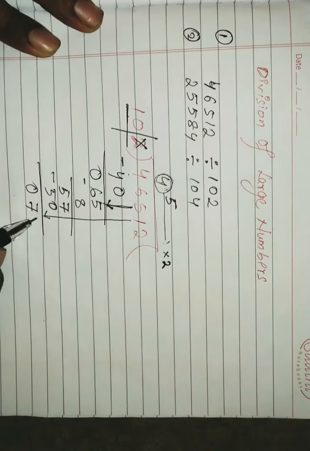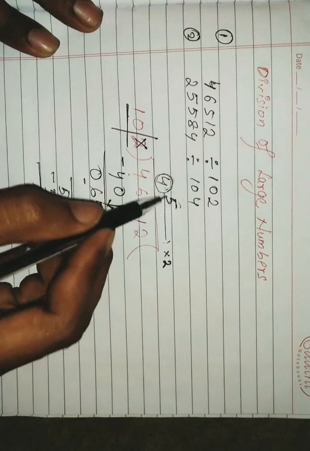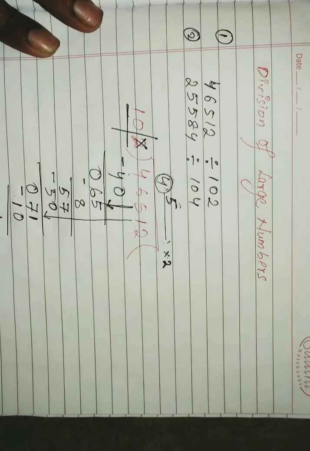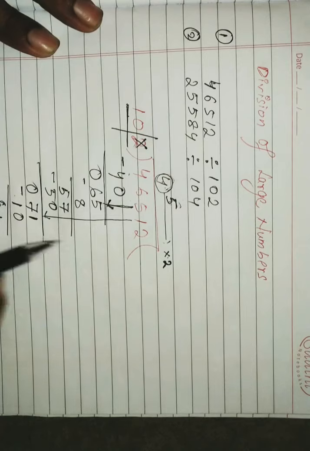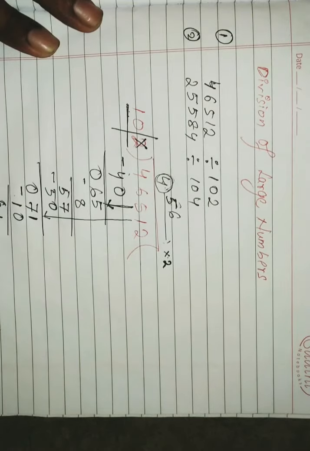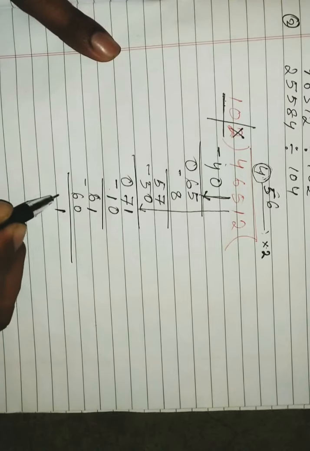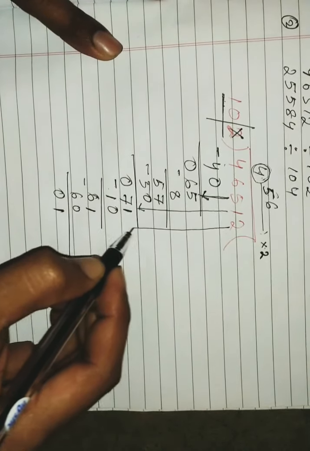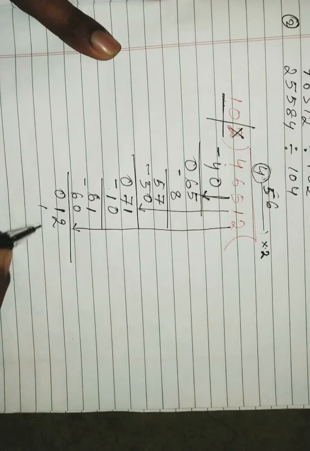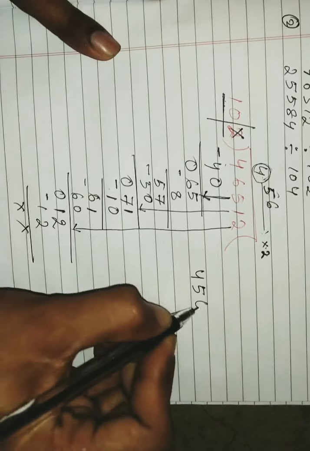So whenever you find an arrow, you have to multiply this digit 5 by the 2. Now subtract this, here 1 and here 6. Now the arrow doesn't come. Now again you have to divide 61 by 10, that is 10 6s are 60. So what comes here? Here 1 and here 0. Now again the arrow comes, and whenever the arrow comes you have to multiply. 6 2s are 12. Okay, so you got the answer, that is 456.